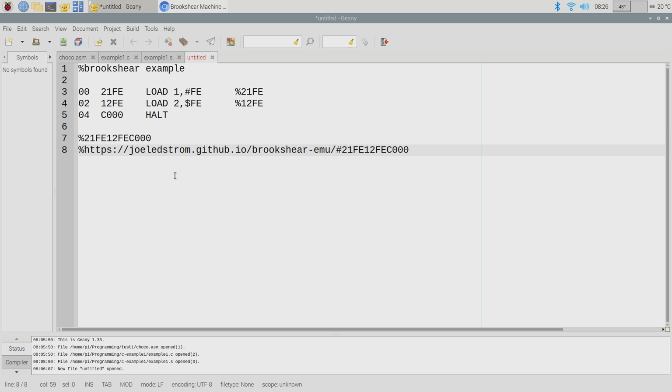So for example, I cannot do the following in the Brookshear architecture: load a register with the contents of the memory address whose address is stored in another register. There is no such instruction. I have to either know the memory address ahead of time or load it immediate. So that third option of load relative just doesn't exist in this architecture.